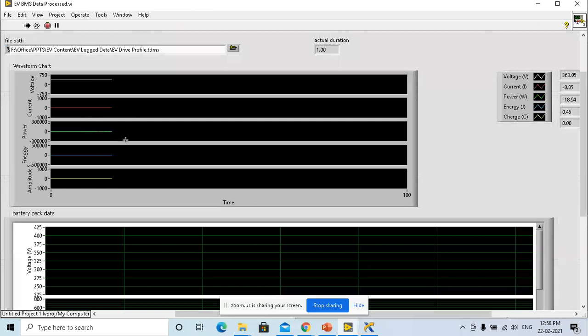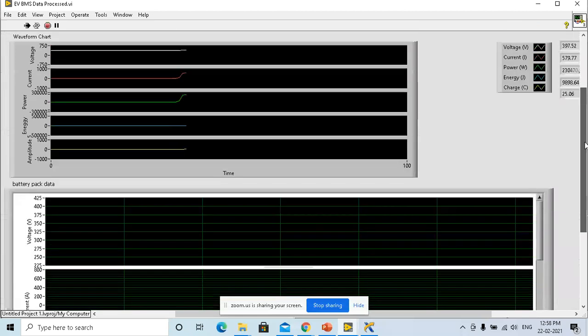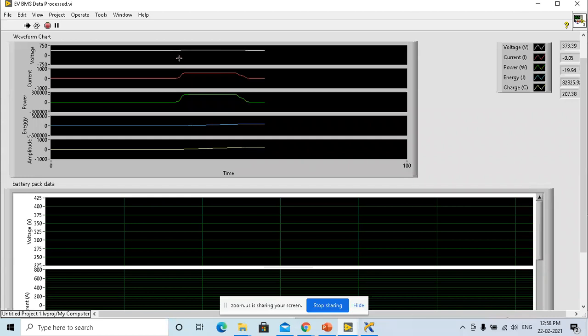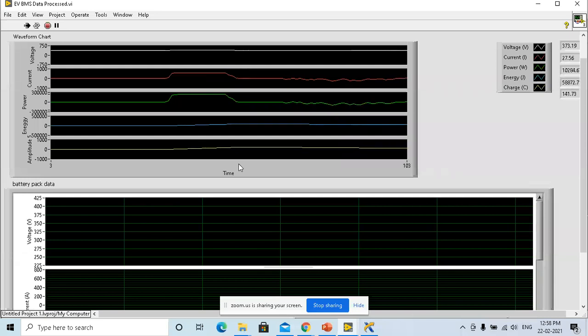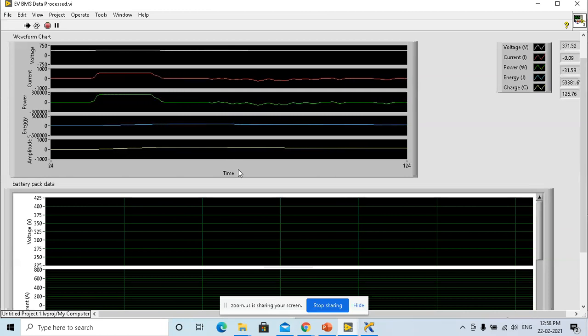Yeah, you can see it here. This is when it starts, then slowly from there it will reduce.